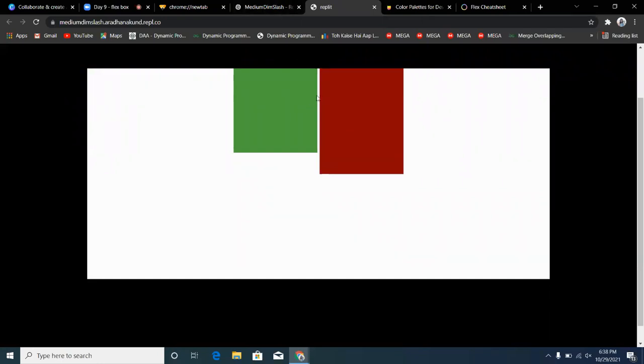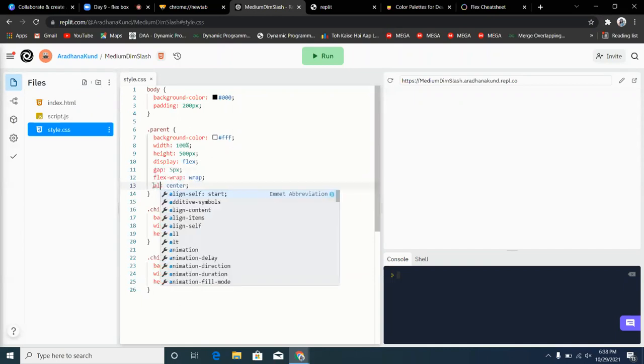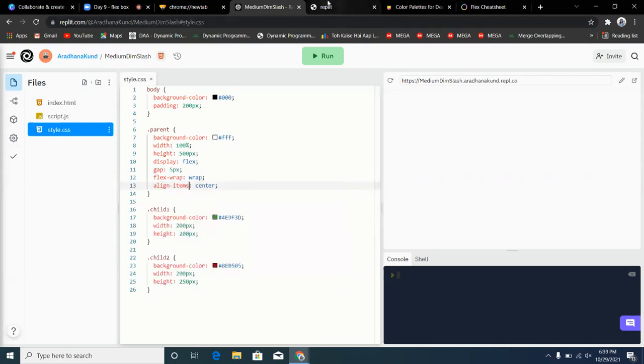But I want both the elements to be in the center, but individually. So instead of justify content, I can target individual elements, and I can write align items center.